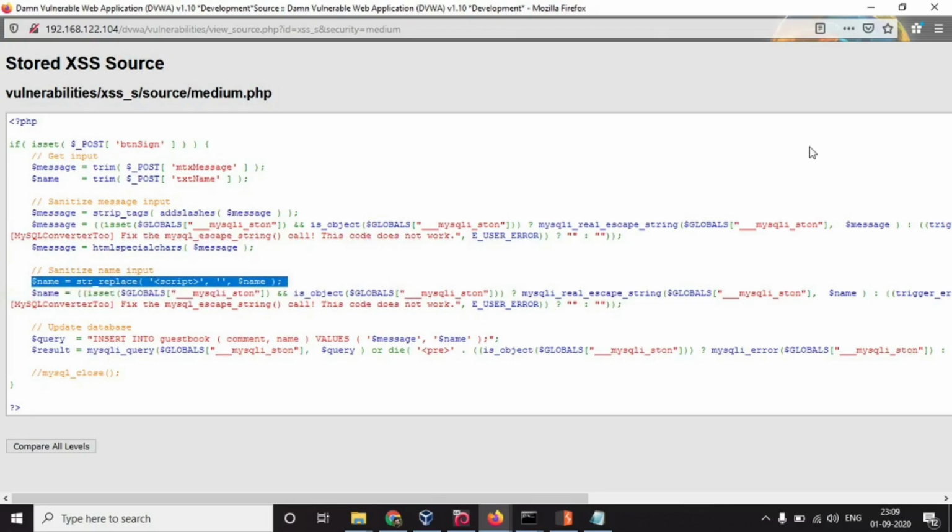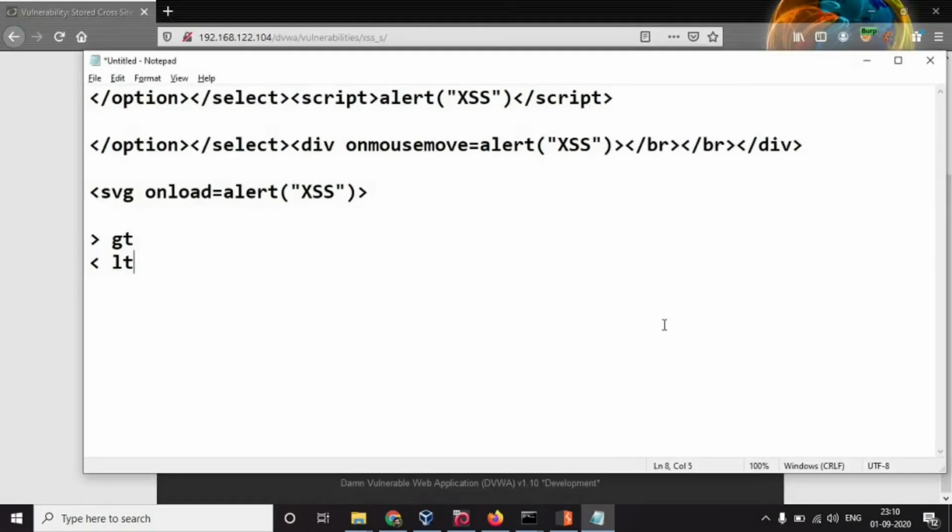And one thing to note over here, if we provide script tags with mixed characters, for example S capital, C small, R capital, and so on, then it will get accepted. You want to see how? Okay, let me show it to you.